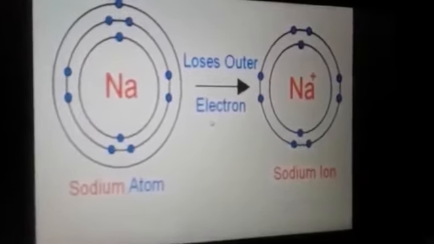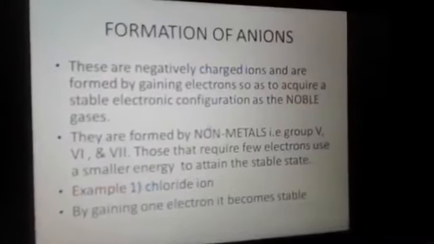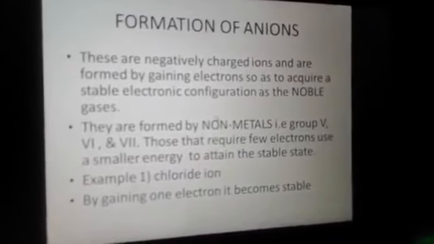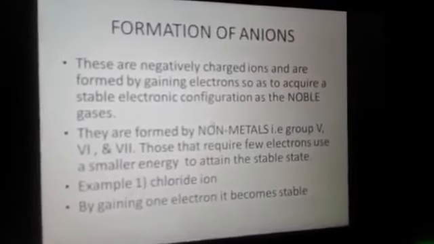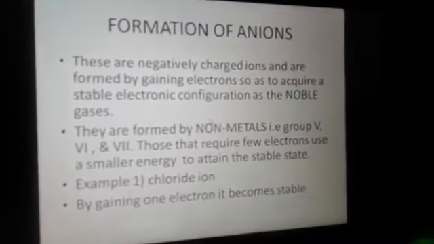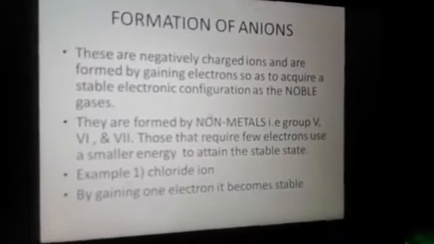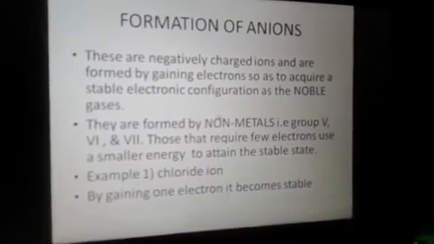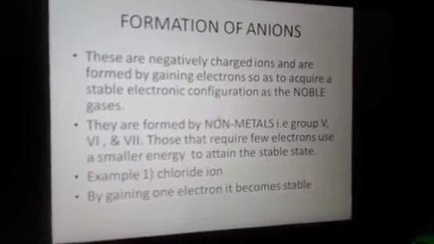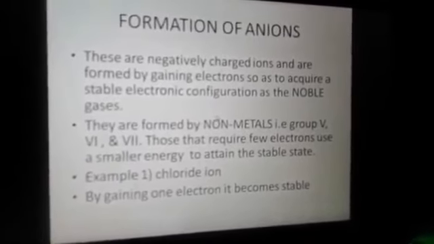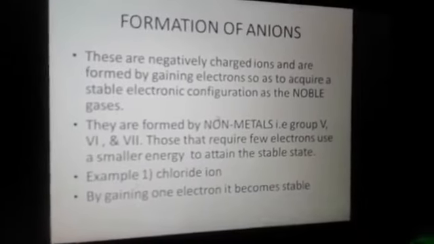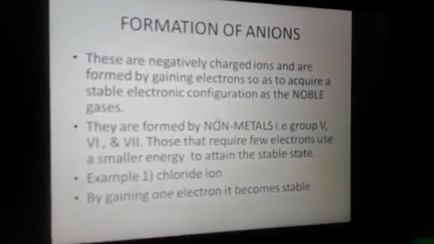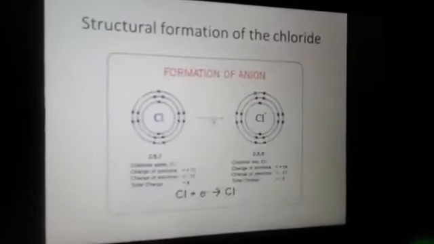If you look at also the formation of anions, these are negatively charged ions, as we said, and they are formed by gaining electrons so as to acquire a stable electron configuration as that of a noble gas. They are formed by nonmetals, i.e. group 5, group 6, and group 7. And even those that require fewer electrons will need a smaller energy to combine, like the chloride